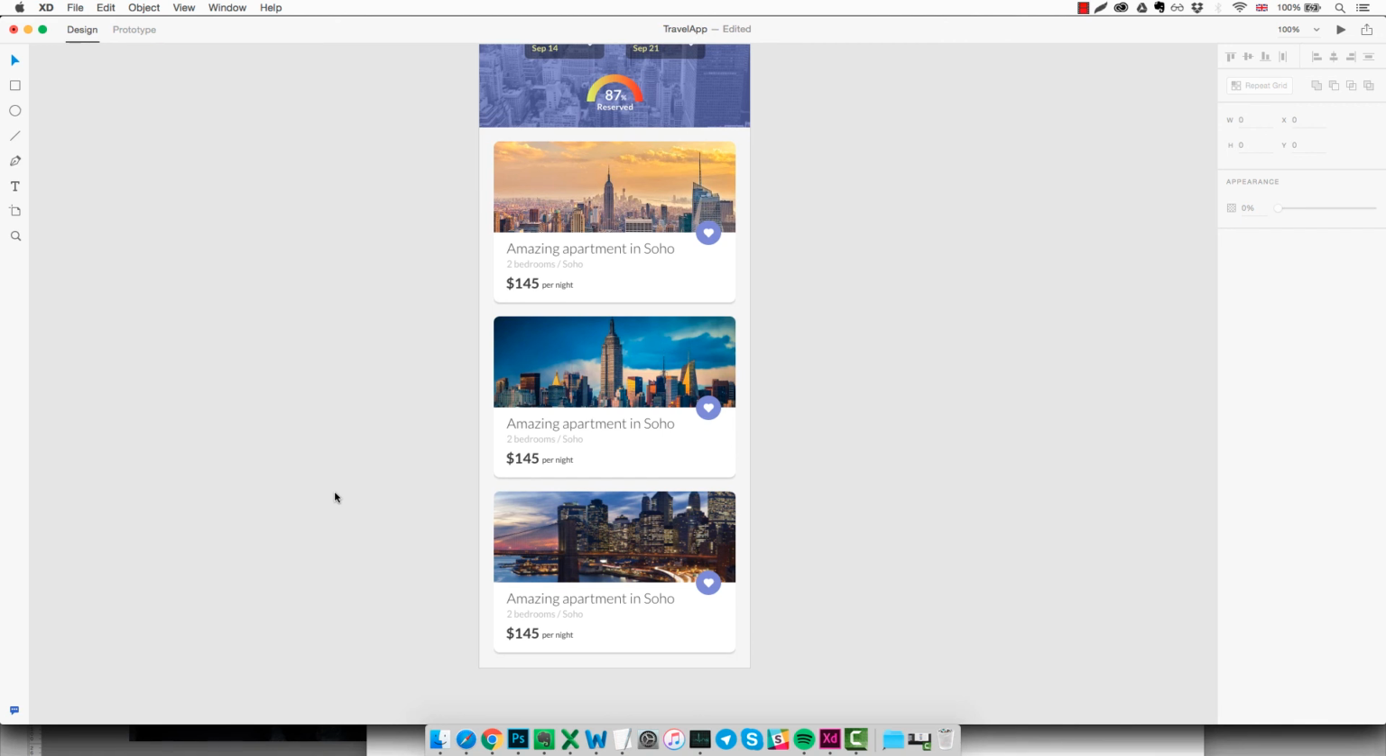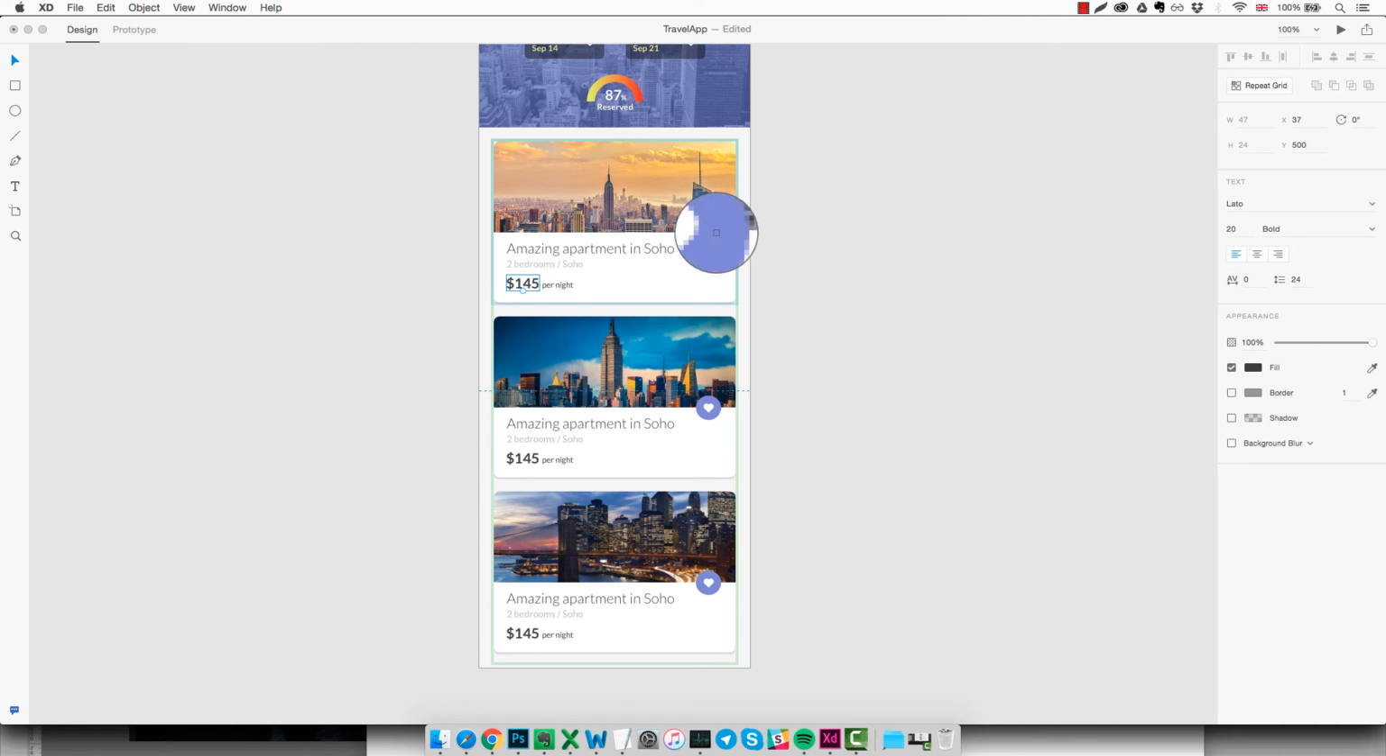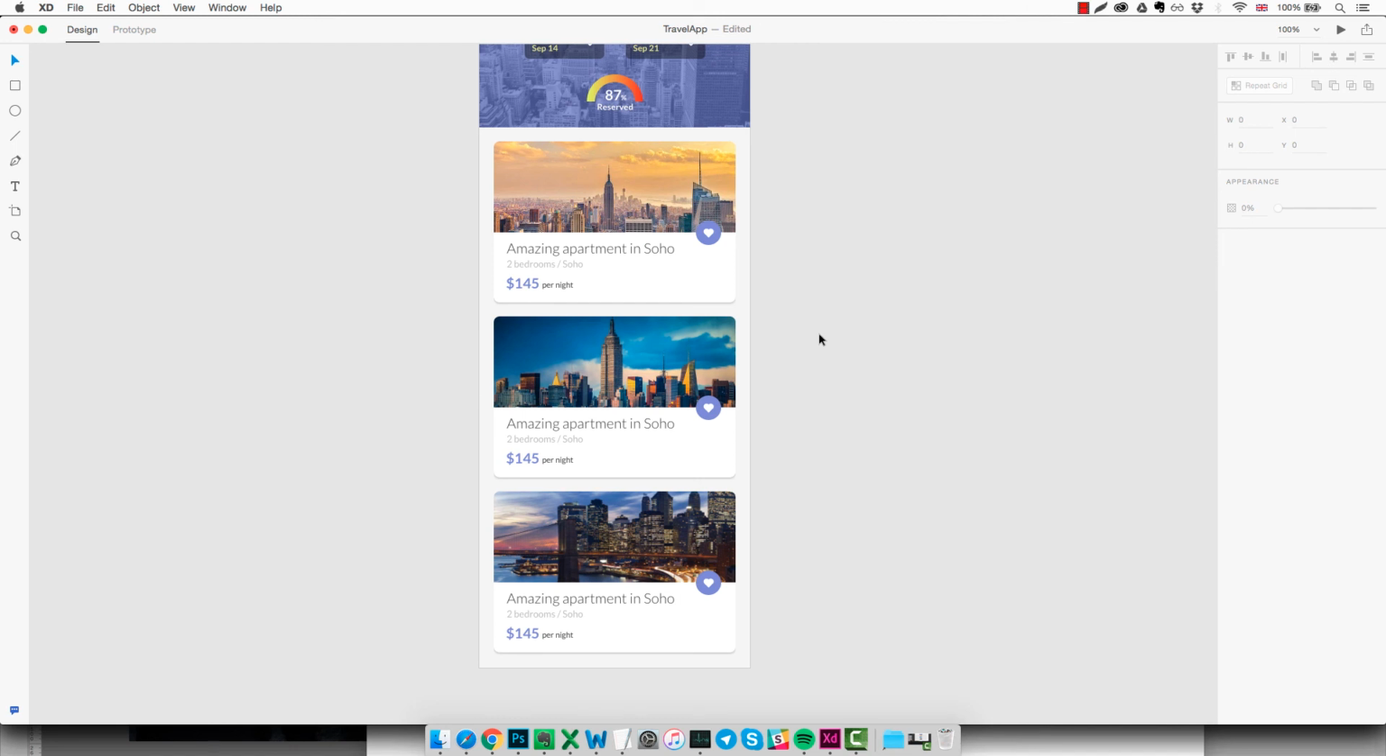Another pretty cool advantage of the repeat grid feature is that you can make a change in one of the elements contained in the repeat grid, and this change will be replicated in all the other elements. So for example, we want to change the color of the price and make it the same blue as this. As you can see, the color is changed all over the place, not just in the first box. And so this is pretty cool, I think, because it minimizes the amount of changes that you need to make. So we undo that,